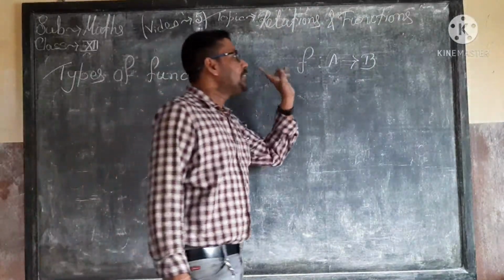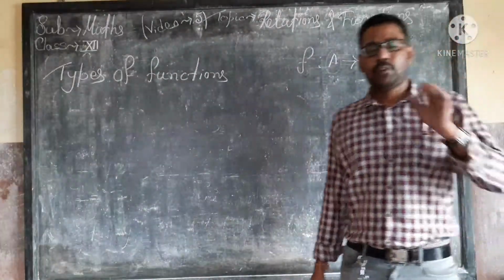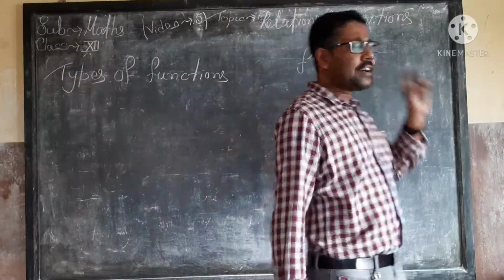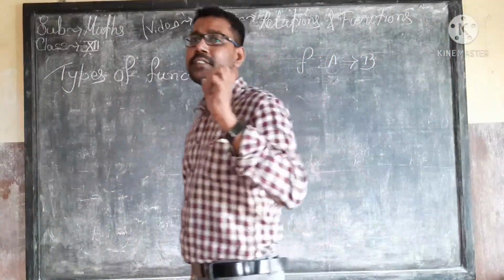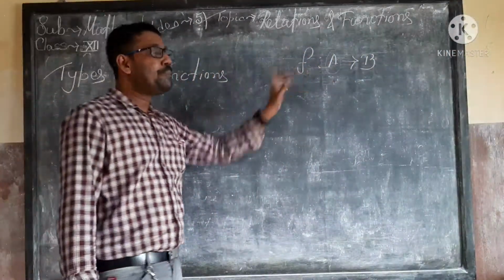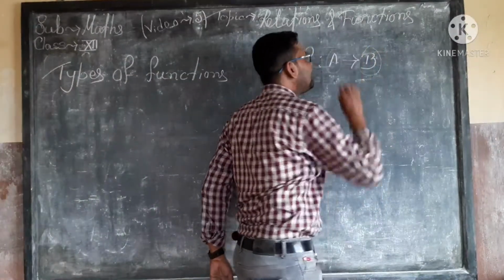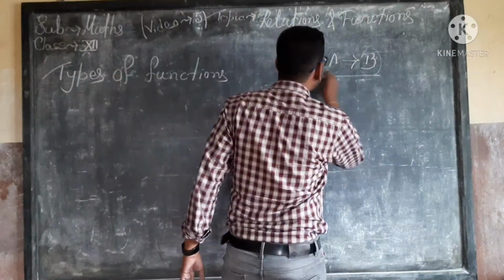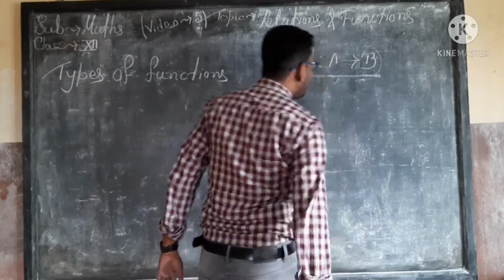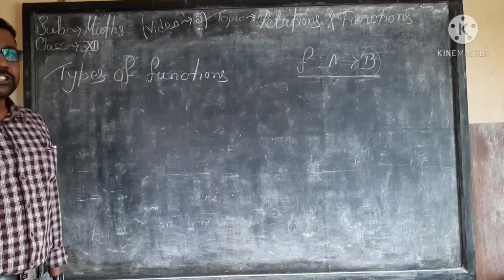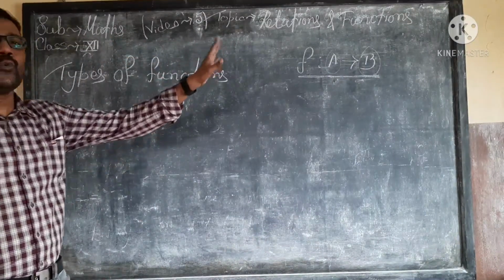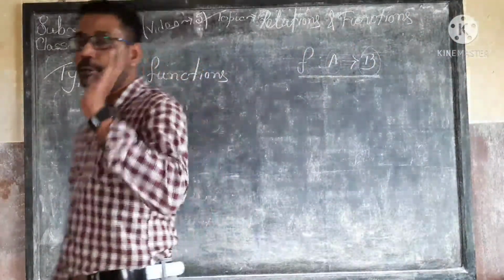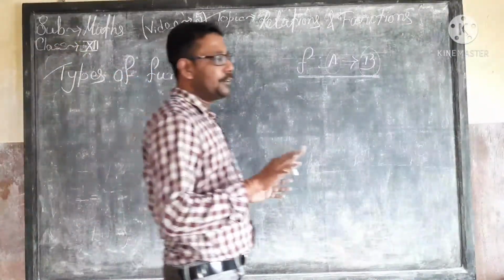And the second one, every element of set A, the first set, is connected with some distinct element of B, that means the second set. That is the definition of the function. This is the mathematical notation to represent a function: f is a function from A to B. And this function has three parts: the domain, codomain, and the range.